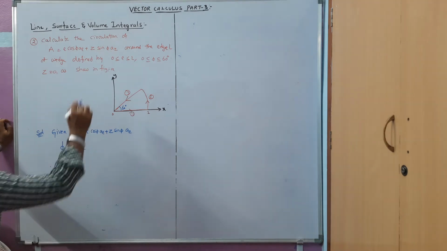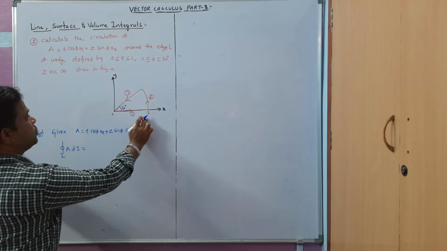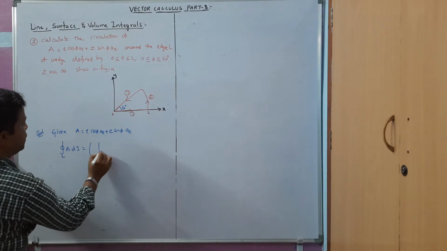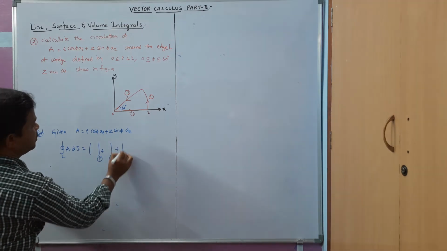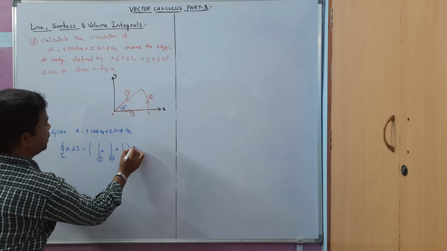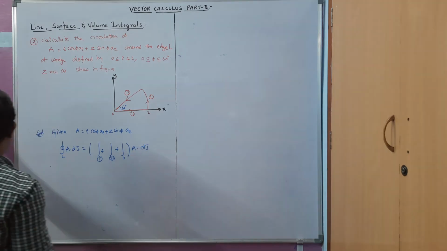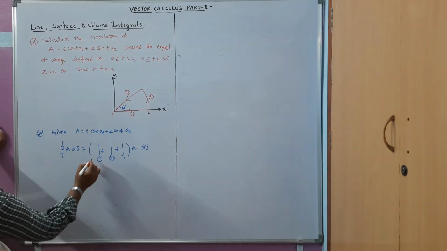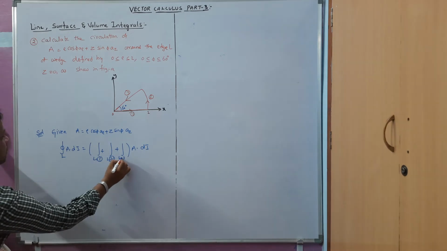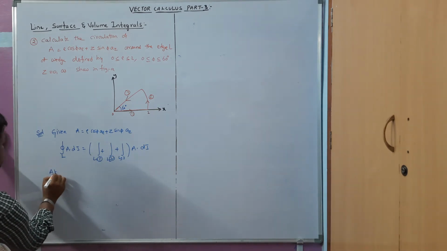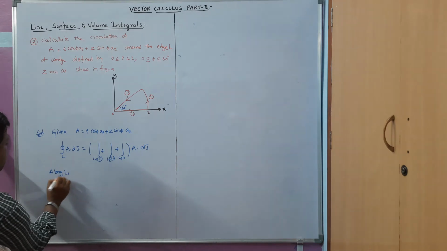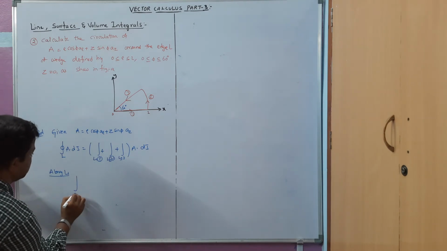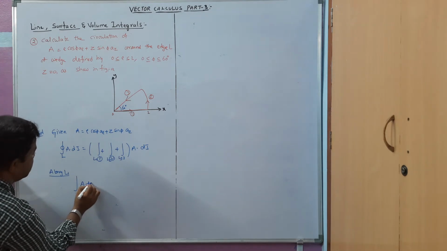So we can split this into 3 line integrals, that is 0 to 2, this one and this one. So 3 line segments we have to divide, that is first line, second line, and third line here, A dot dl. Okay, we have to take 3 line integrals here, that is along line L, L1, L2, L3. Okay, let us take L1, L2, L3. Okay, so let us take along L1. We will solve one by one here. Along line L1, the line integral will become A dot dl.